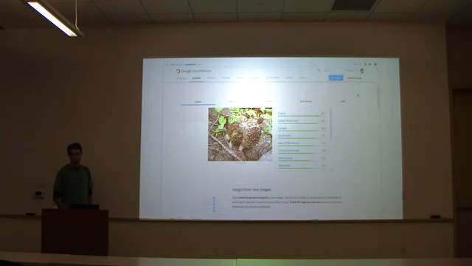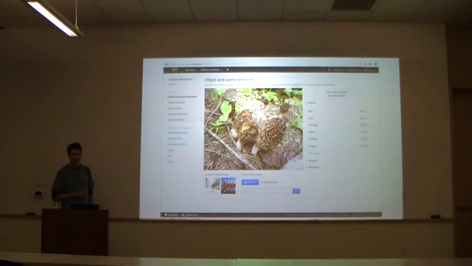Then out of curiosity, AWS recently started offering a similar service. AWS is called Rekognition or something like that, and surprisingly, they have a similar problem with identifying mushrooms as a bird. There's some hesitation whether it's a quail or a partridge, and then mushrooms further down on the list.